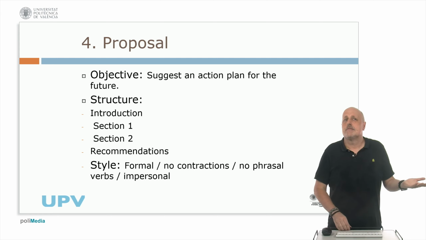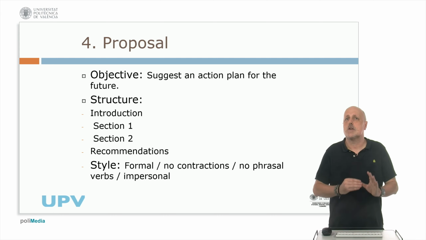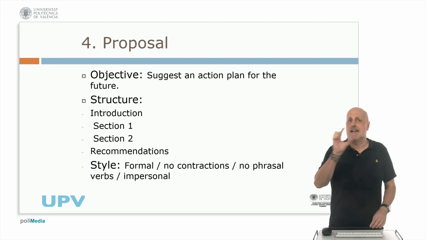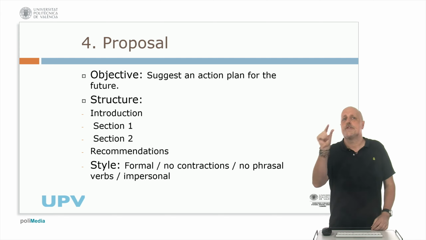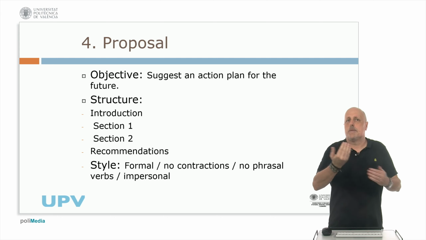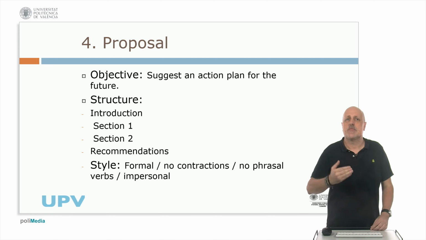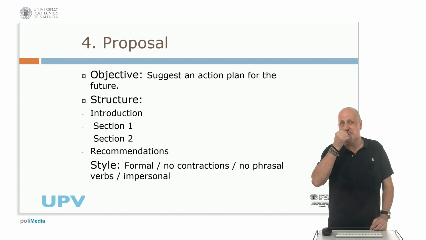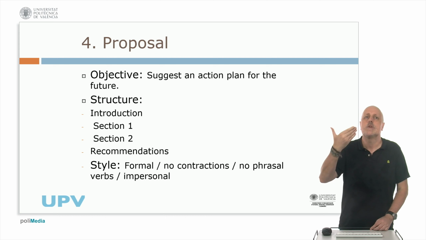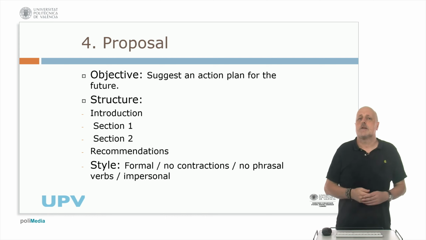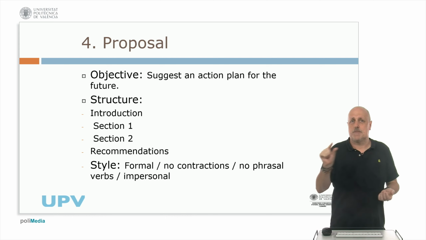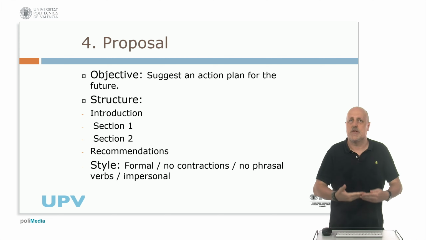The structure, like a report: introduction, section 1, section 2, recommendations. The same thing goes, as I said, for a report. Use a factual title, write an introduction, and so on. Depending on the main body, it will be indicated in the question. We're going to see a question in a moment, but you write a factual title for each point you make, okay? One paragraph, you're going to talk about one point. You write a factual title so we know what we're about to read. And then the recommendations at the end. Simply write recommendations, and you give your recommendations at the end.